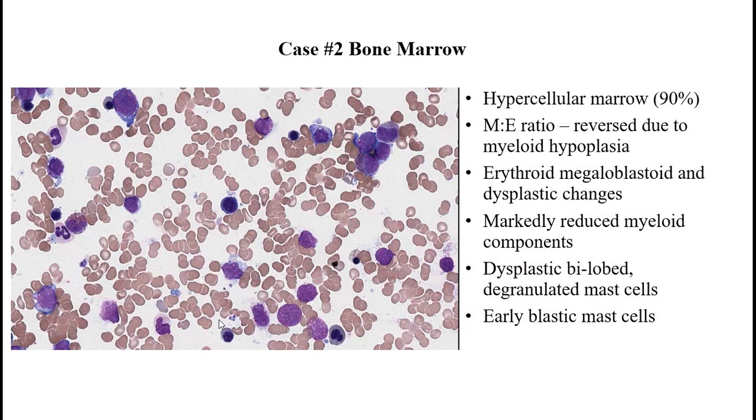Now, looking at the bone marrow again, when you assess bone marrow, always assess it systematically. Look at the cellularity, look at the ME ratio, and then after that, look at whether there are any maturity issues. In other words, are the myeloid cells maturing okay? Are the erythroid cells maturing okay? Are the megakaryocytes maturing okay? Every cell line needs to be assessed properly. And after that, you also have to look at whether there are any cells that don't belong in the bone marrow. So when we look at this patient, we notice that